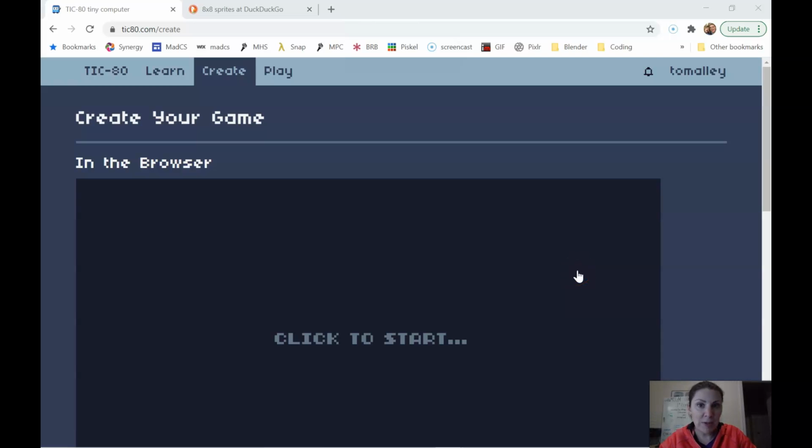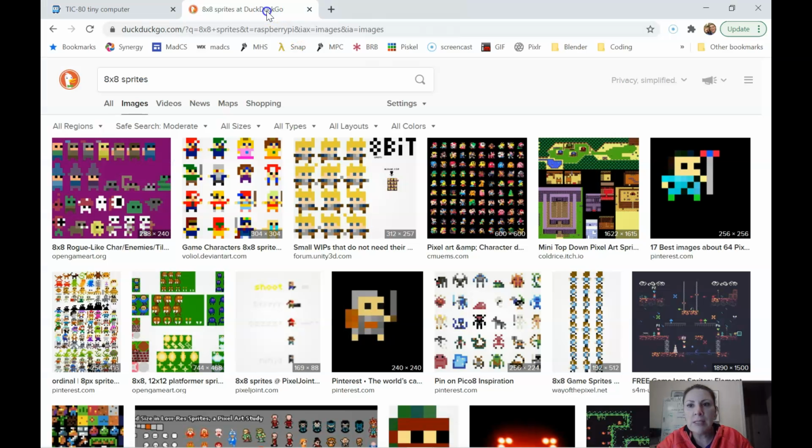In this lesson, I'm going to talk about sprites, and I find this actually very exciting. Code is always exciting, but making your own art for your game, I don't know, there's just something fun about that. So if you're not sure what sprites you want to make, I would suggest Googling 8x8 sprites. You have to be a little bit careful because things that are clearly not 8x8 will come up, but for the most part,